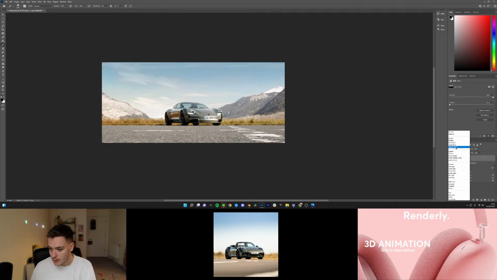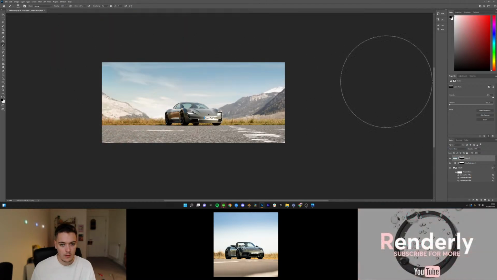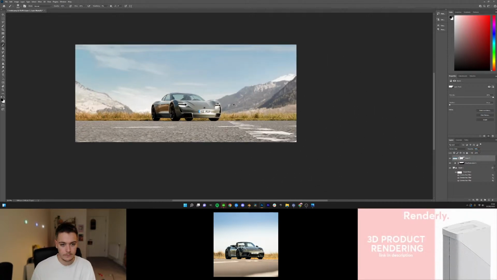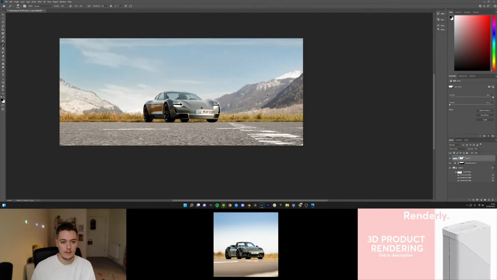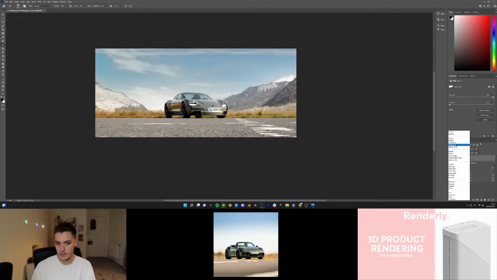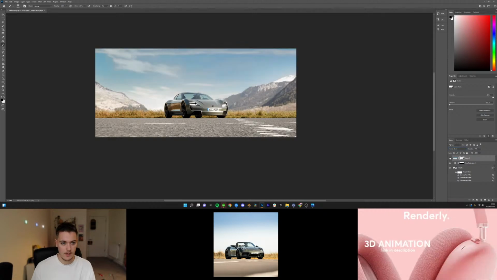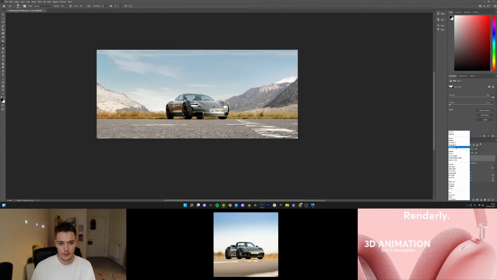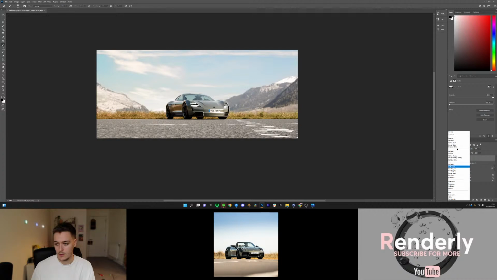Change it to linear burn, works quite well. Darker color also works very well as well. Sort of reduce the opacity a bit. Maybe we bring it back in a bit more around here. As you can see, that's done a decent job helping us get some sky back, some of that blue sky going like that. Probably go, I guess dark color kind of works better. Soft light, not enough. Hard light